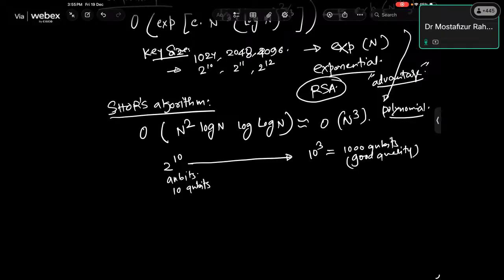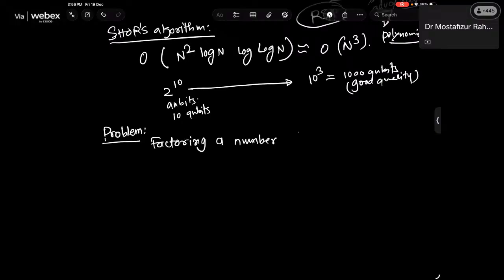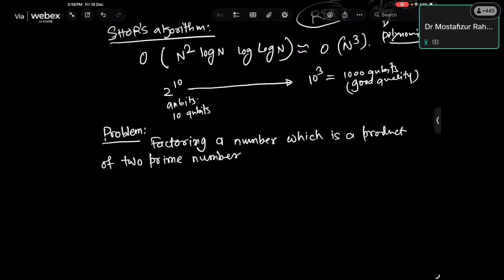So the problem of Shor's algorithm is factoring a number, capital N, which is a product of two prime numbers, and that is the basis for the security of our computers. For example, the RSA